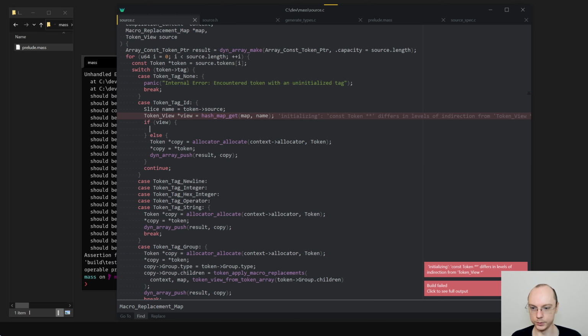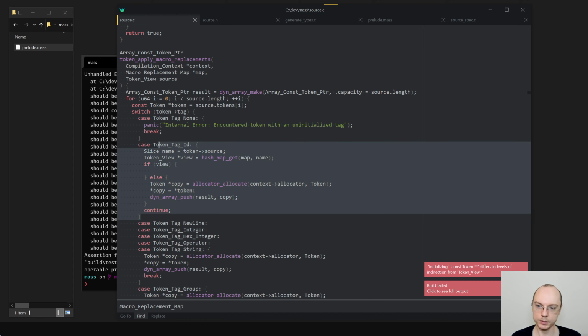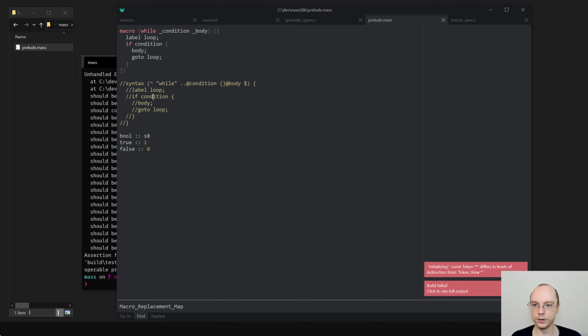So if we don't have the view, that is just a straight up copy. If we do have a view, then we need to do stuff. And I'm not in love with this mechanism, to be honest, so I might consider something else as well, something more explicit. So if we go back here, maybe I will force to say something like this, right? Or whatever, something to signify that this is expected to be a replacement, because right now it's a bit too easy to make a mistake in either direction.